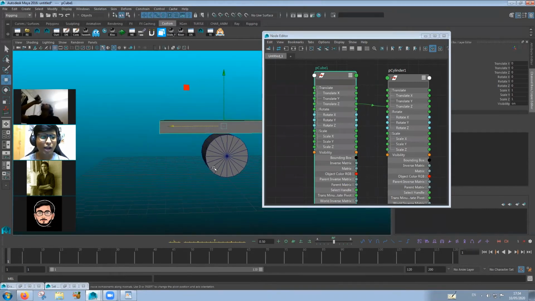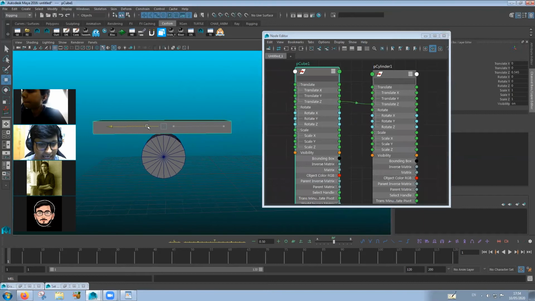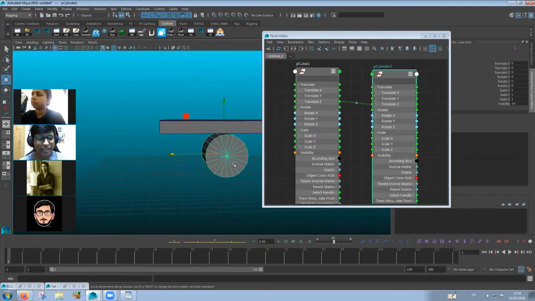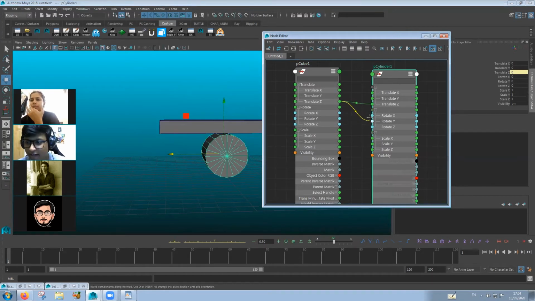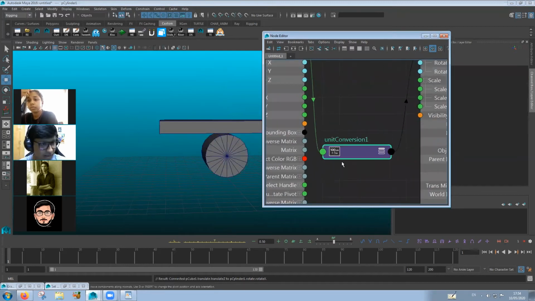Okay. Now we can also connect a translation of an object to the rotation of another object as well with the help of the same node editor. Okay. So what I'm going to do is we need translate Z to control the rotation X of the wheel. All right. So translate Z, pull out the arrow and connect it to rotate X. Okay. You will find that Maya gives out something called unit conversion. As I've told you before, Maya calculates distance in centimeters and rotation in degrees. So it needs some sort of a converter to convert the value of centimeters to degrees.